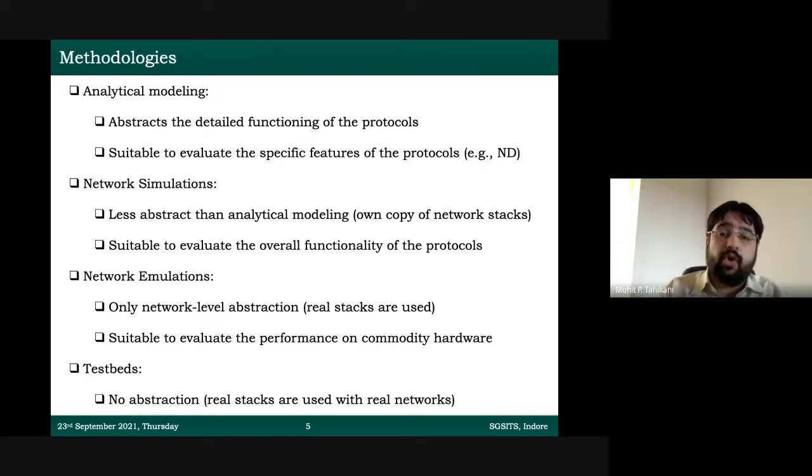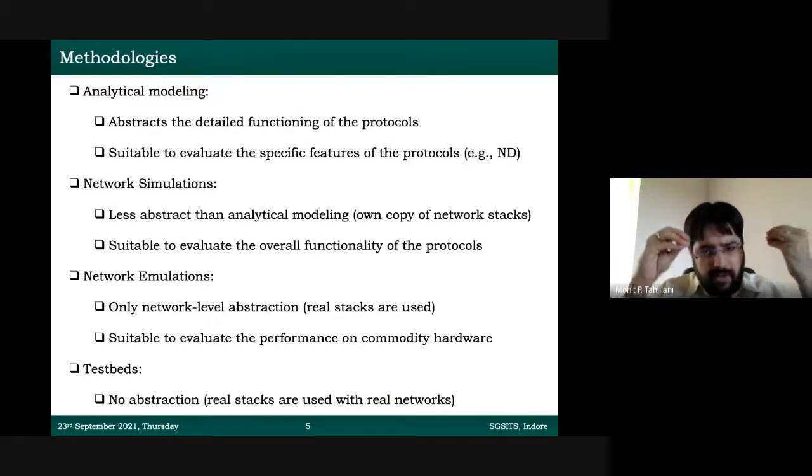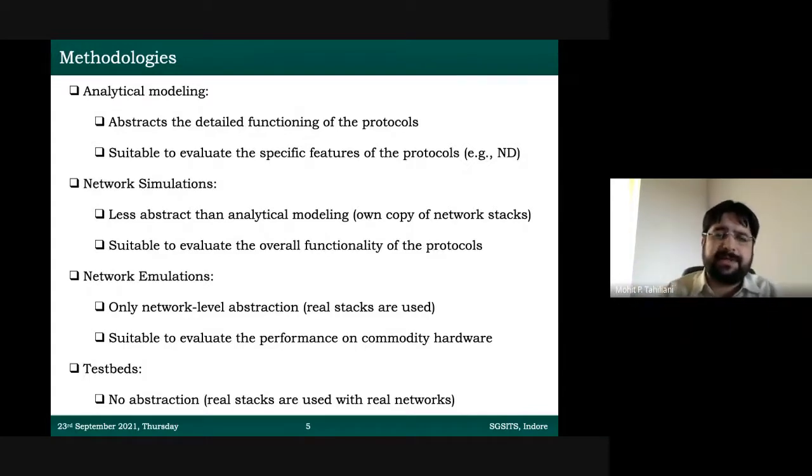That means there can be two hosts, host 1 and host 2, both inside your laptop, like two virtual machines. You can think of VMs, right? You can have two VMs running in your laptop, and you are establishing a communication between these two VMs. Between these two VMs, there is no Ethernet cable, there is no Wi-Fi. It is all system memory that is used. And that's why I said network level abstraction is done, but stacks are real. Your VM is a real VM. And you can use any commodity hardware. When I say commodity hardware, you don't need specialized devices to run these network emulations. You can have a laptop, desktop. You can even perform experiments on tablets if the tablet configuration is decent.